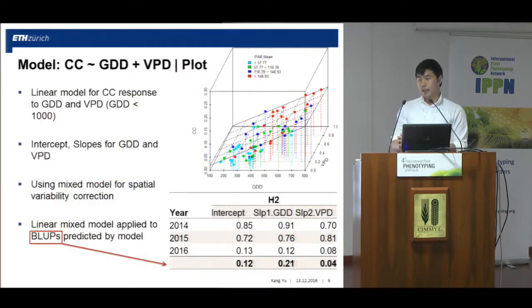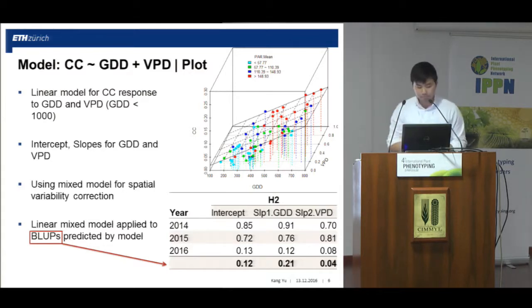Okay, we see that different environmental factors affect the growth of canopy cover. So how can we dissect this effect? How can we understand the G by E interactions? So then we fit a 3D plane against GDD and VPD. Based on this, we can get three traits, or say dynamic traits: the intercept to the canopy cover, the slope on the axis of GDD, and the slope on the